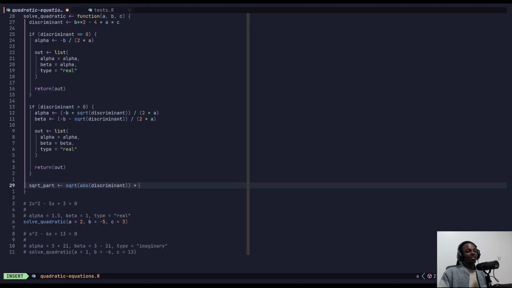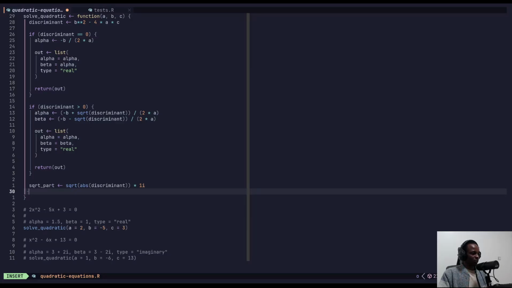And luckily for us, R understands i. So we're just going to say times 1i. So R will handle that part for us. So that's going to be the square root part. So once we have the square root part done, we can now talk about what we want to be